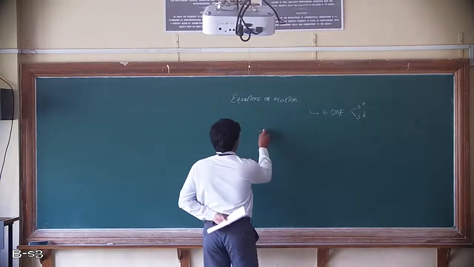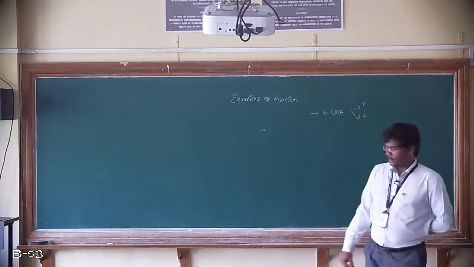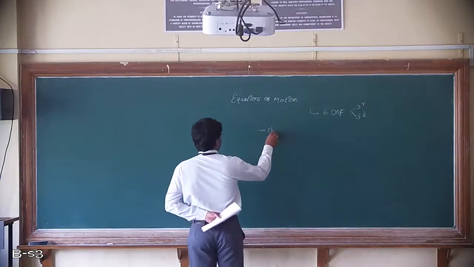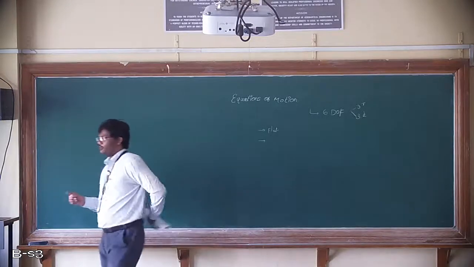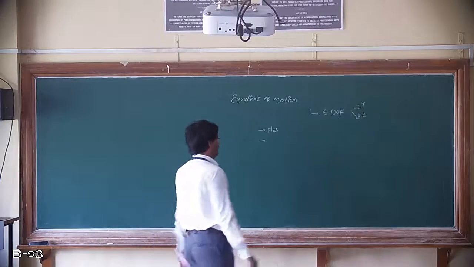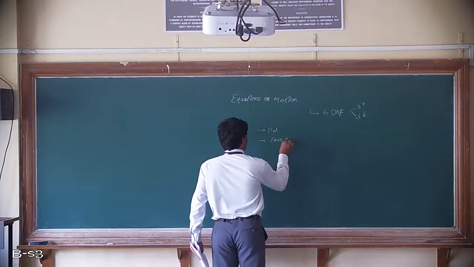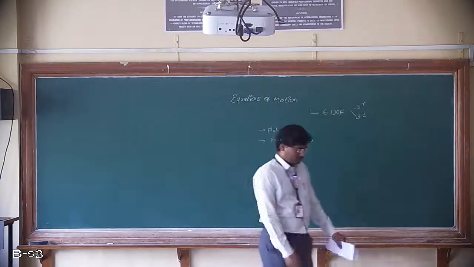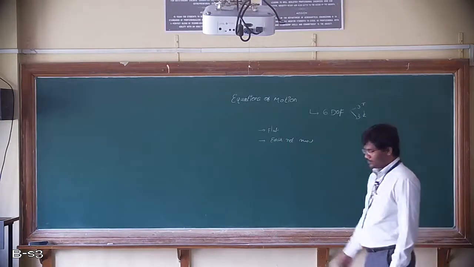Next, you are assuming the Earth is flat. You are assuming a flat Earth model. And next, you are fixing the inertial frame of reference on Earth, which means the Earth is not moving. So by taking these 3 assumptions, you derived the aircraft equations of motion.